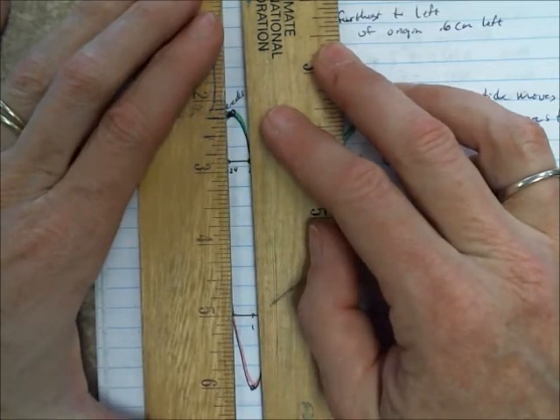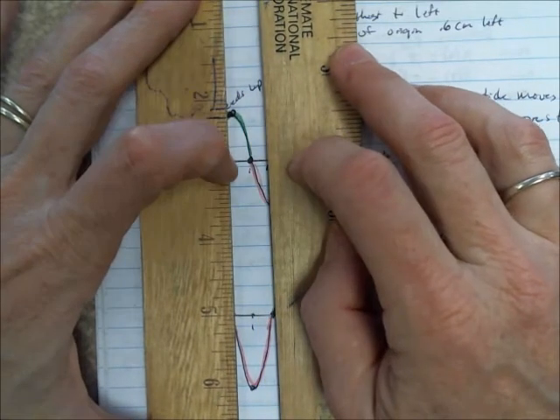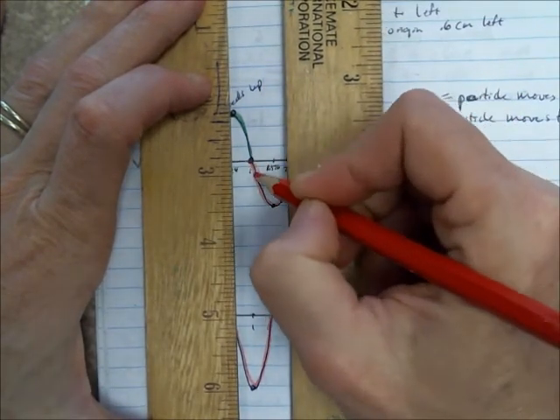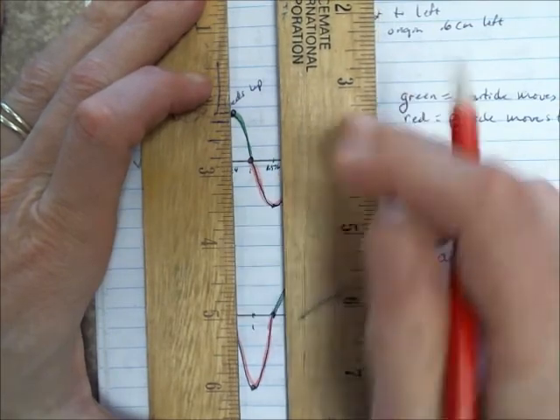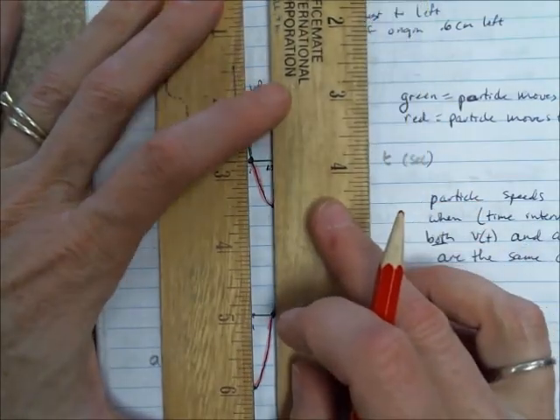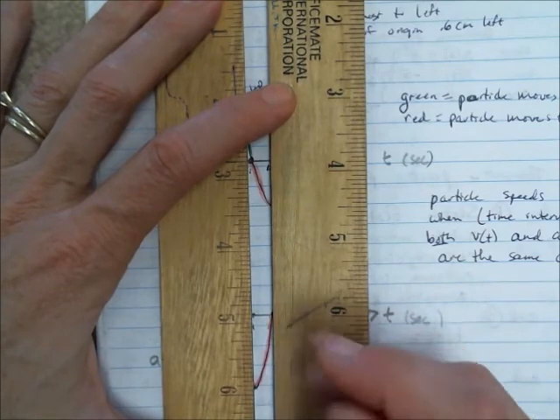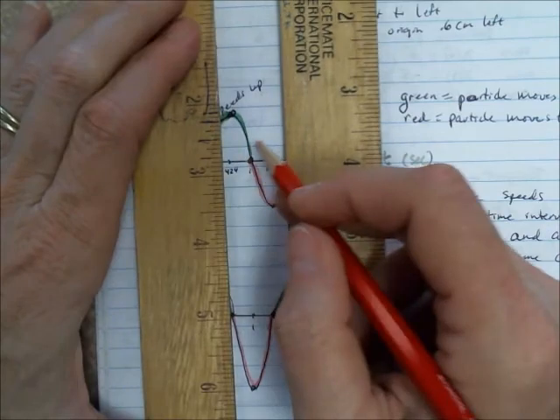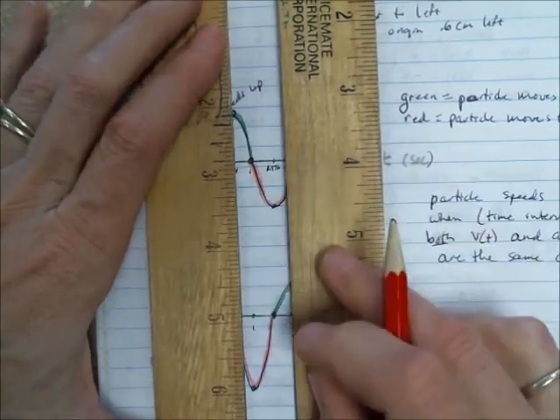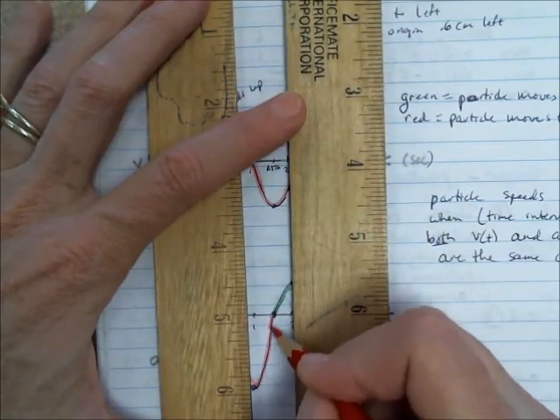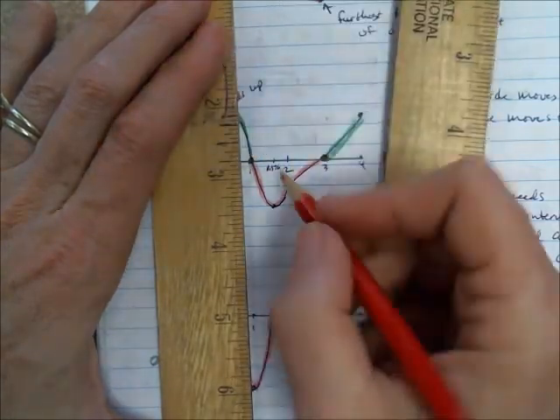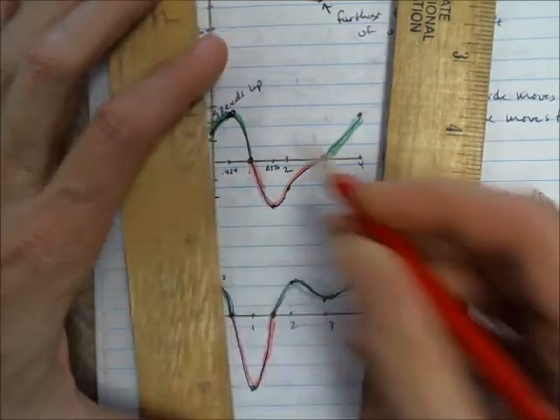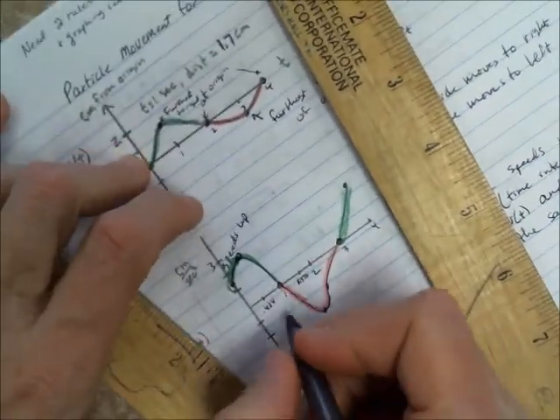So this is the slowing down period of time until you get to this point right here where the velocity turns negative. And what's happening to the acceleration at this point? The acceleration is also red. So we've got a period of time starting right here at time equals 1 second, going all the way up until time is equal to 1.576. In this period of time, the particle is also speeding up